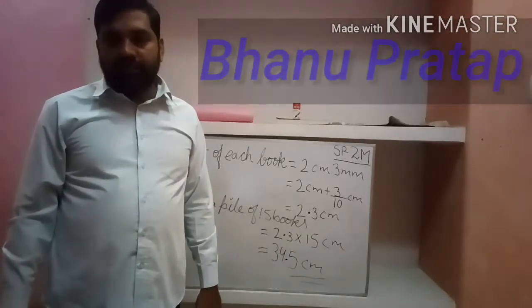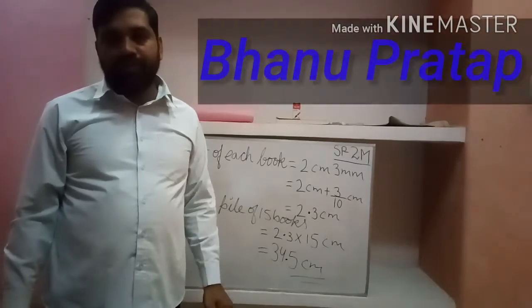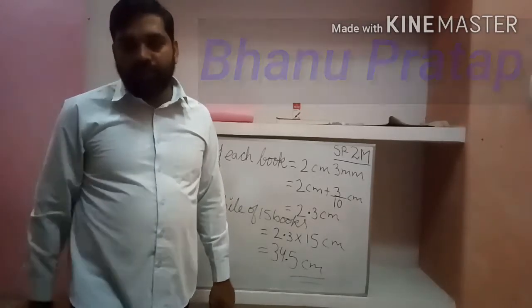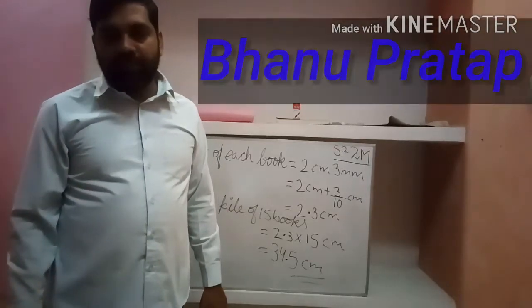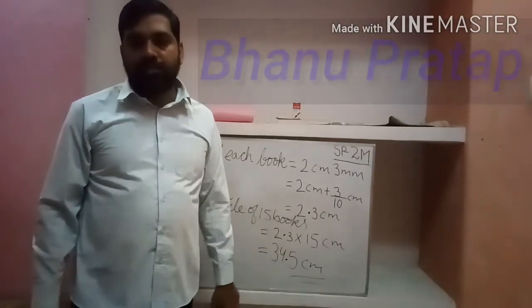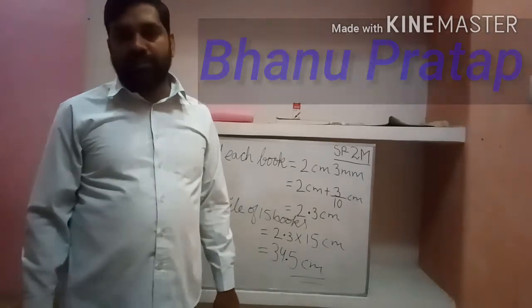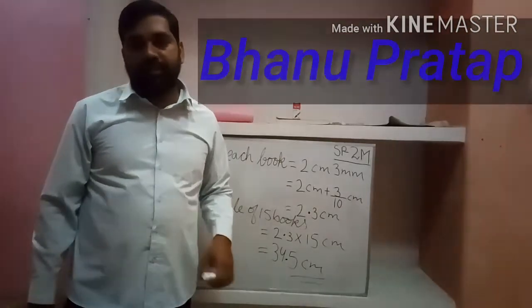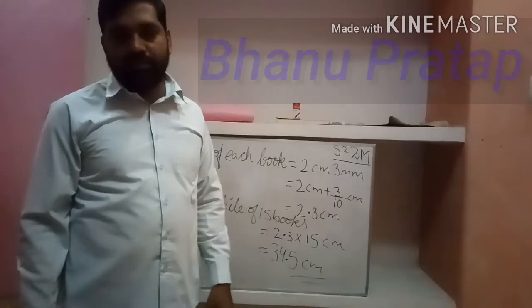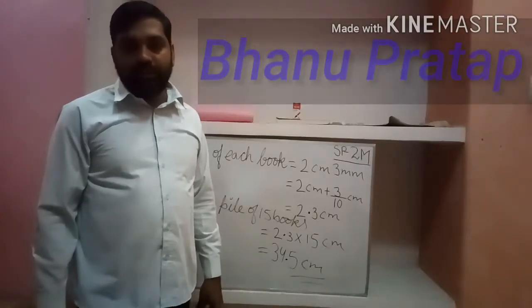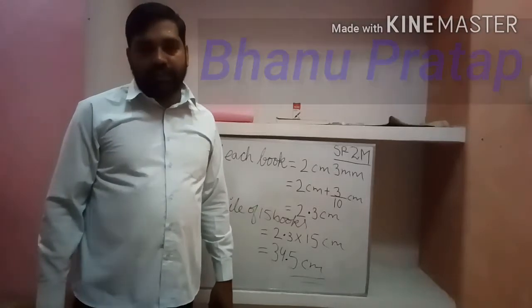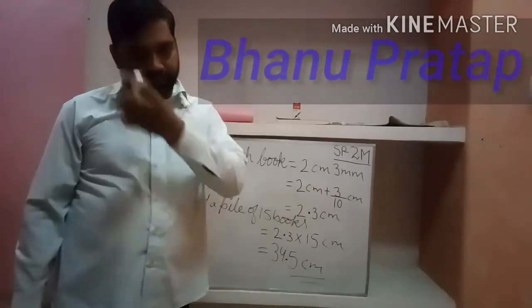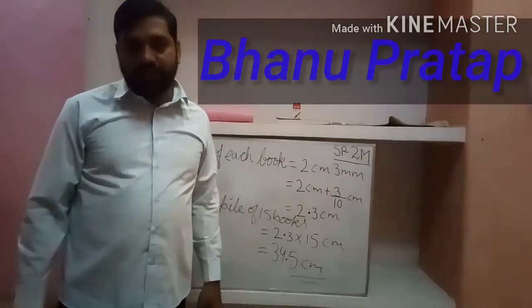160 sheets, the height is given. So you have to find the height of one sheet. So that will be less. For that you have to divide it. Divide 6.08 centimeter height by 160. So 6.08 centimeter divided by 160 gives you the thickness of one sheet. So that answer we will get in centimeter. Now convert it into millimeter. So 1 centimeter equals 10 millimeter, multiplied by 10. So you will get the answer. Okay.